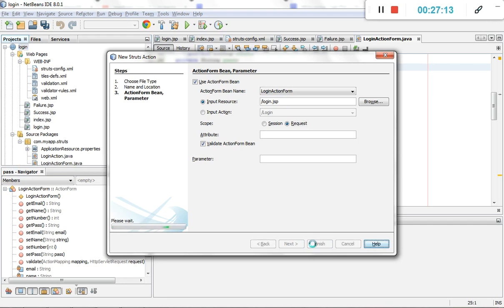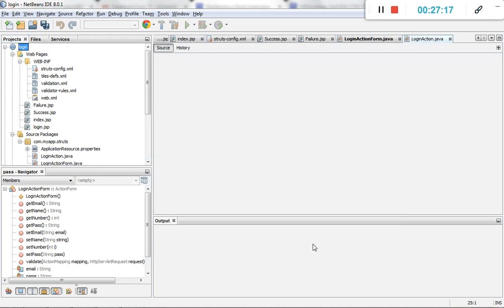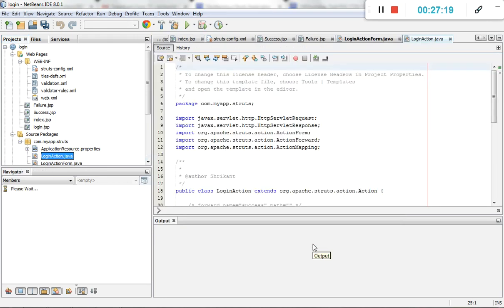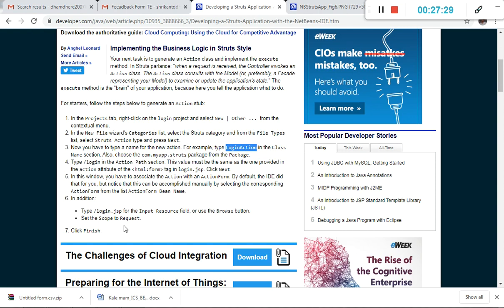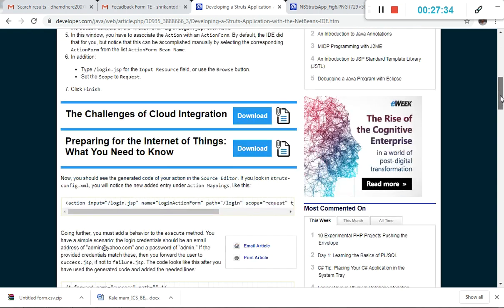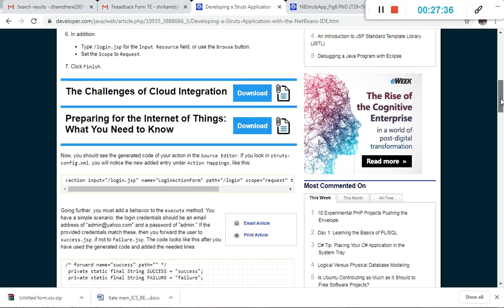This is again to create the one bean, that one is the action form bean. The bean is simply the functionality which helps to execute the web applications. It creates a new Java file, that one is LoginAction.java. Okay, now we will check the next move. Now you should see the generated code in the action and source editor.